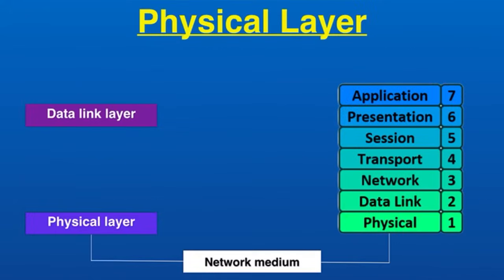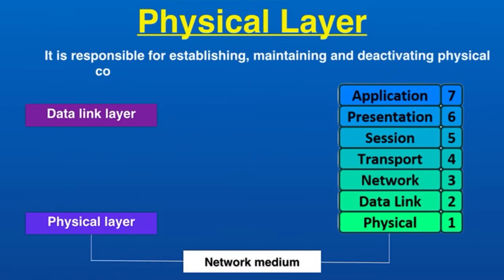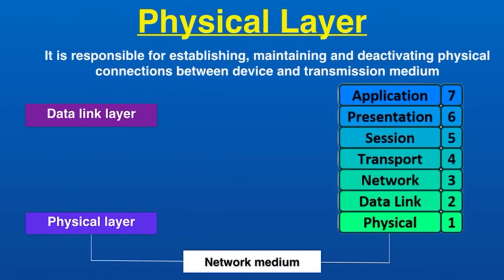Physical layer, the lowest and first layer of OSI model, is responsible for establishing, maintaining and deactivating physical connections between device and transmission medium. For example, when a networking problem occurs, many networking professionals go straight to physical layer to check that all the cables are properly connected and the power plug hasn't been pulled out from the router, switch